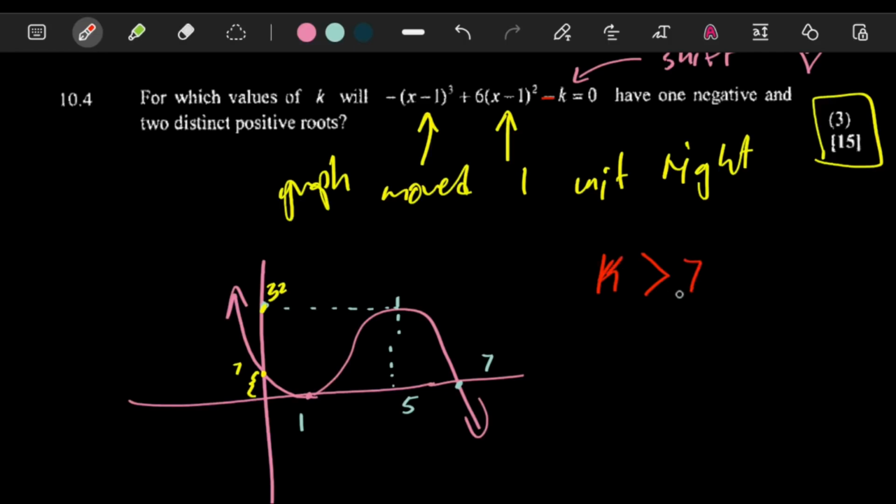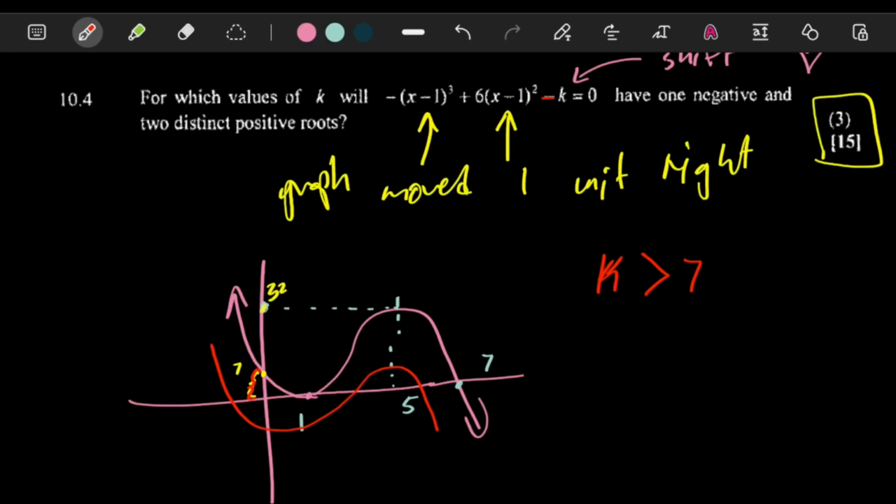The reason why k has to be bigger than 7 is because if you have a number here that's like 8, it means you would have moved your graph until it looks something like this. That's to say k has to be bigger than 7. We're using 8 as an example, like a number that is bigger than 7 could be 8. So if k is 8 over there, your graph would be moving downwards 8 units. If you move your graph 8 units downwards, it will have 1 negative x-intercept over there, and then 2 of them will be positive x-intercepts. You can keep doing that movement of going